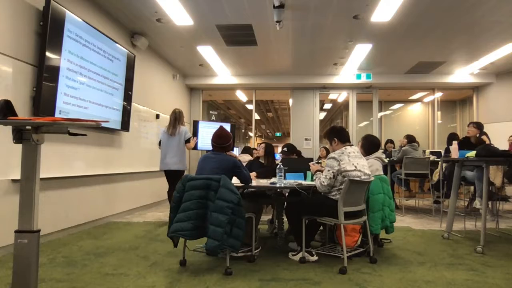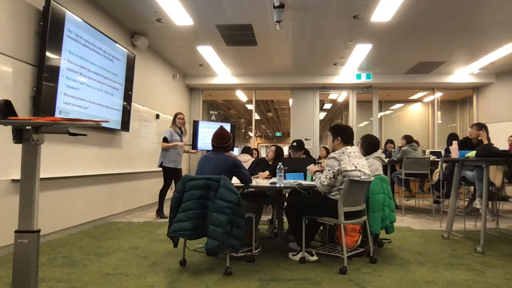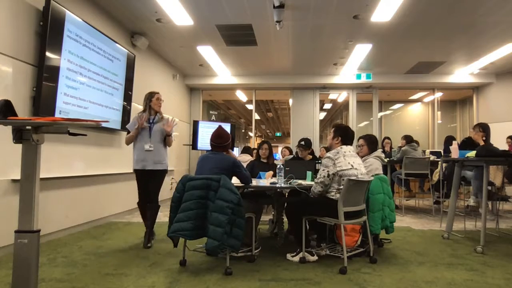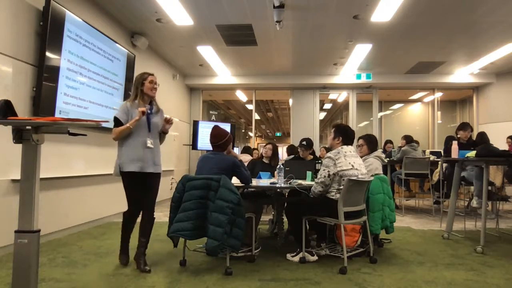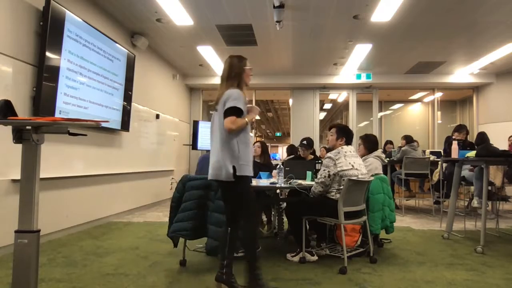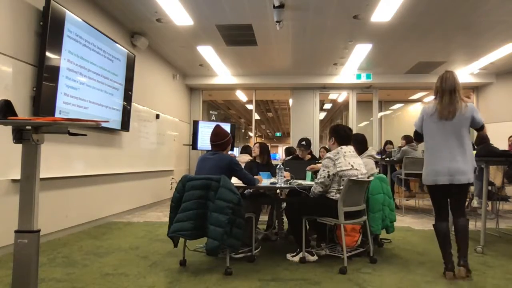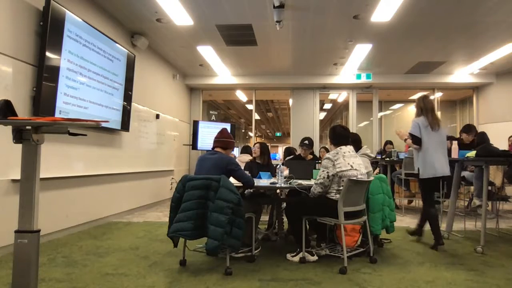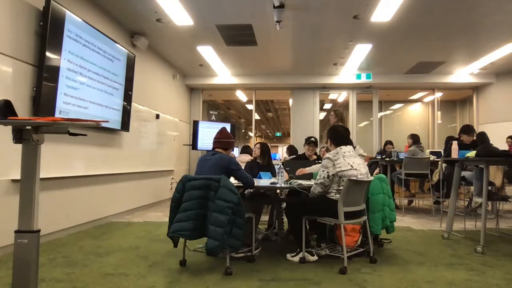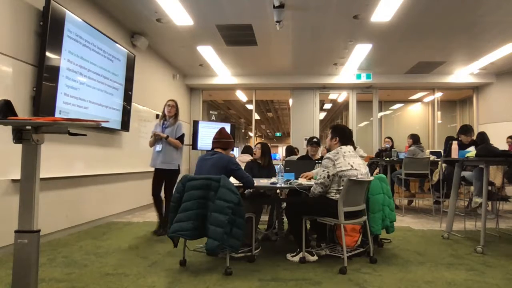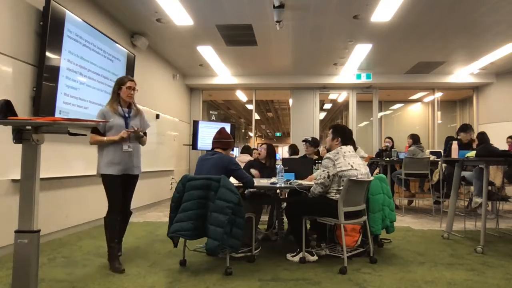First, you're going to get, and we'll see how the numbers work out because this is always a bit of an interesting one, but we'll be flexible. First, you're going to get a group of 4. Okay, now I know that suits you guys quite well. It doesn't always suit your table groups as well, but you can sort this out. So the way that this works is that you get into a group of 4 and you decide who in your group is going to be responsible for gathering particular information.